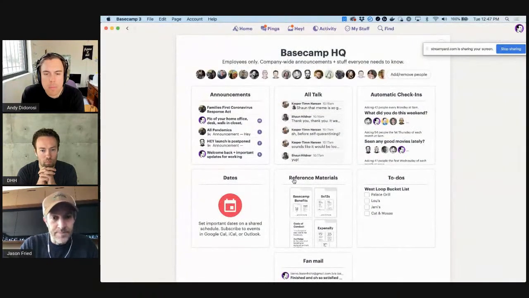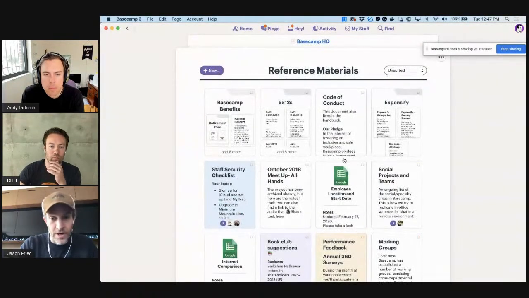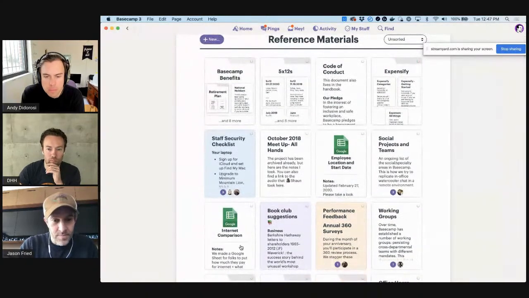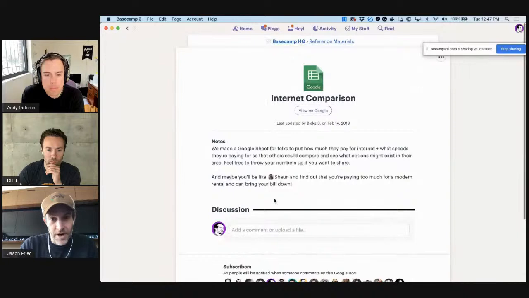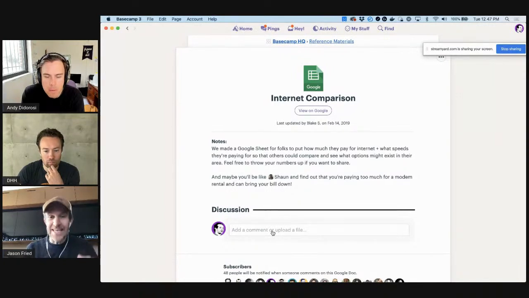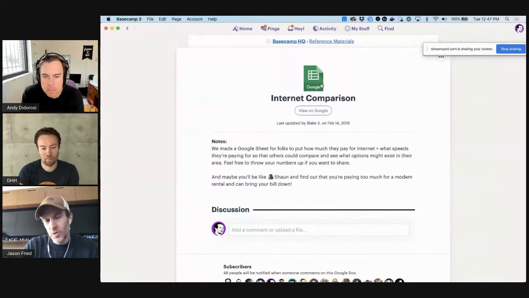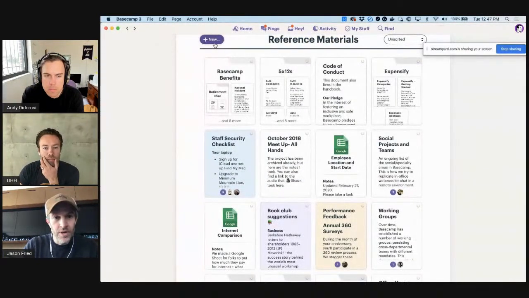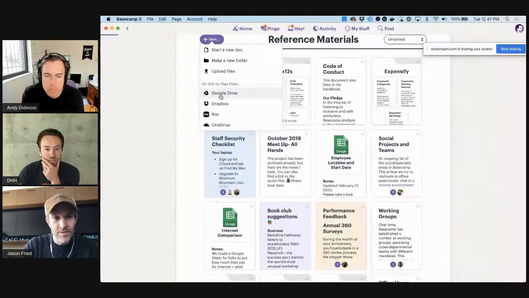So you go to new here. In fact, this is a Google spreadsheet right here, okay? And what's cool about this is you can actually comment on the Google spreadsheet inside Basecamp. Because again, everything is commentable. So here's some notes. And if I clicked on this, I'd open this up in Google, which I'm not going to do right now. But to add one, all you do is you go new and you say Google Drive,